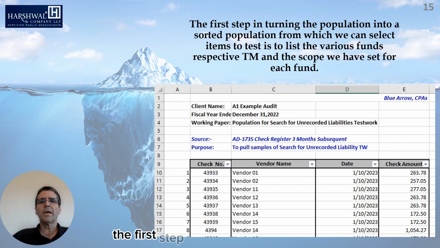The first step in turning the population into a sorted population from which we can select items to test is to list the various funds, respective tolerable misstatement, and the scope we have set for each fund.